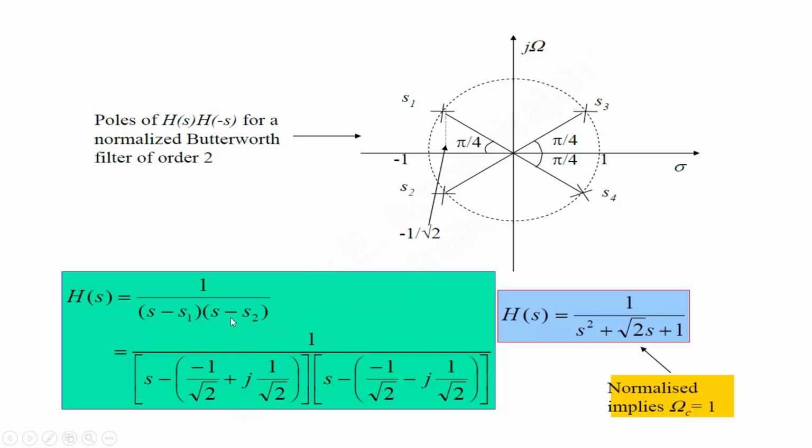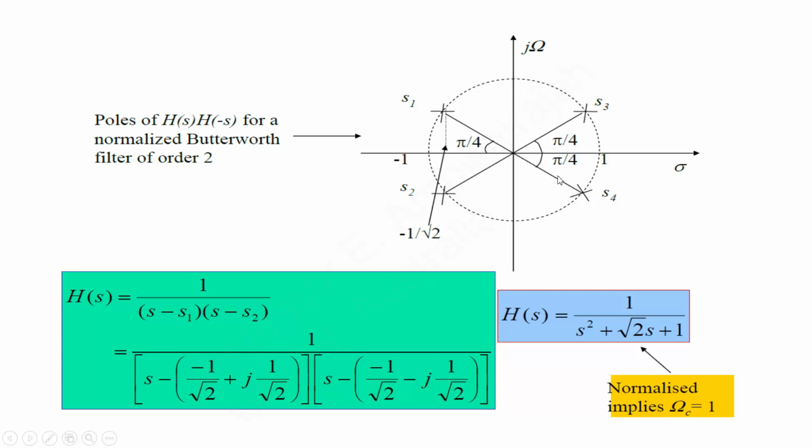And the second pole is s of minus s. So this is how we can represent the transfer function if two poles are there in the left side of the S-plane, right? And the position of these poles we know because this angle is minus pi by 4. So we know that it is minus 1 by under root 2